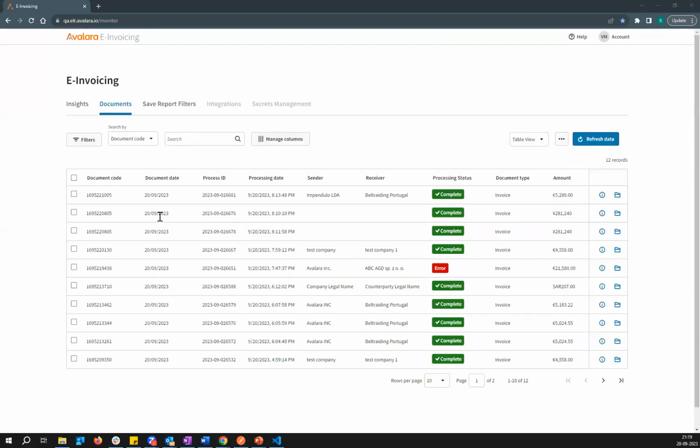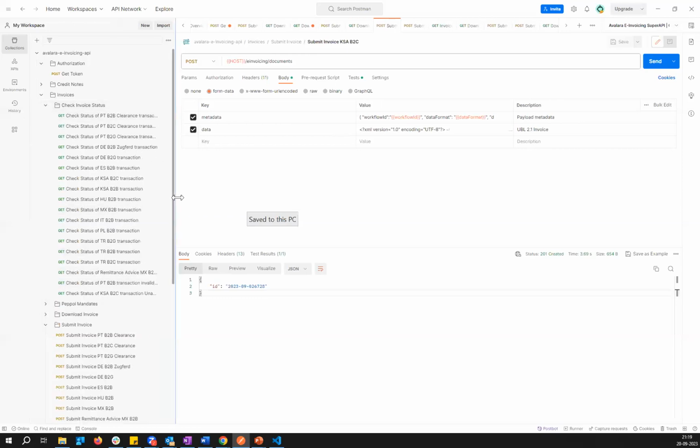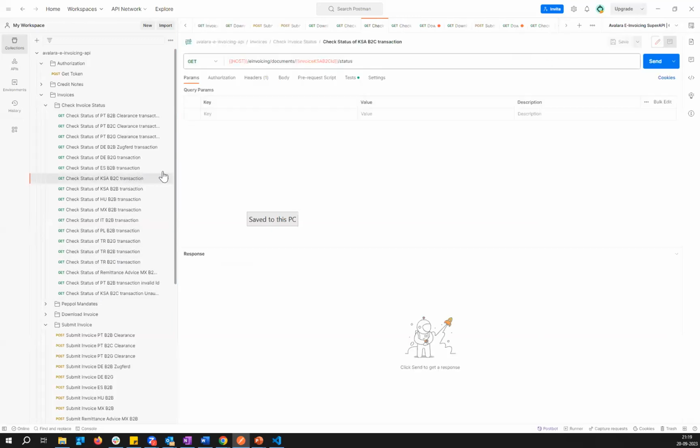Let me go back here and see. The moment you submit the document, we have an ability to check the status of the document as well. So this is 26728.